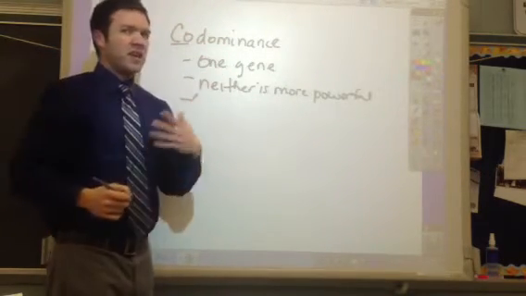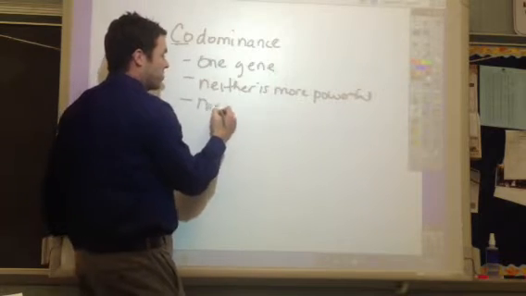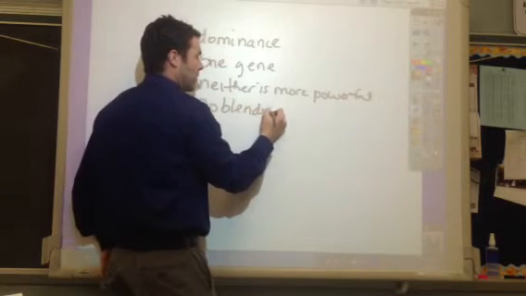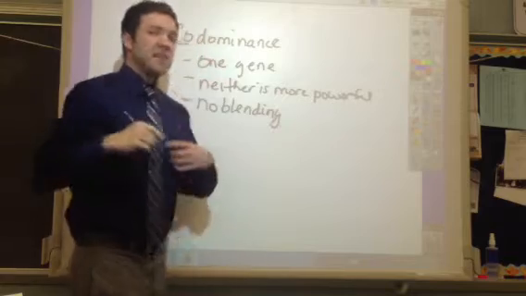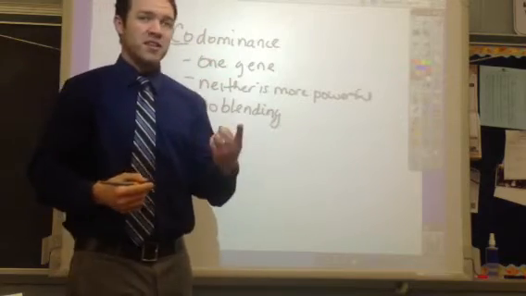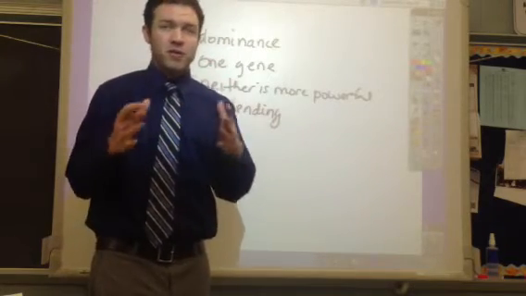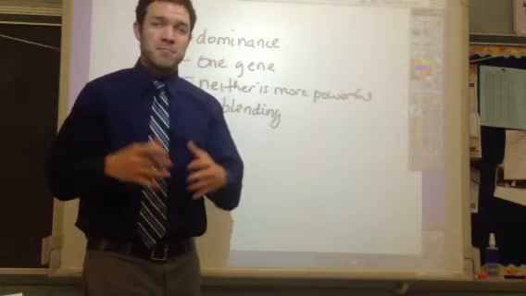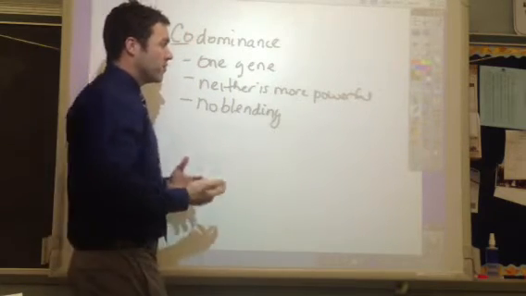But how is that different than incomplete dominance? There is no blending. Instead, they both show through. If you have the allele for both of them, you'll express both independent of one another. So, for example,